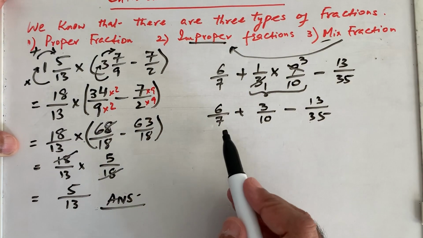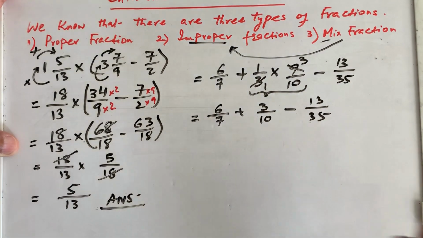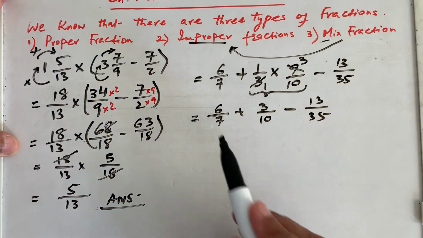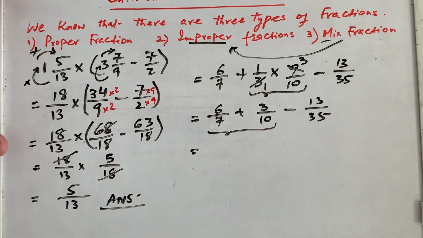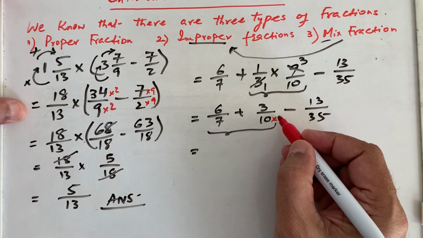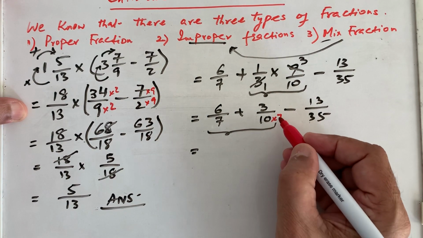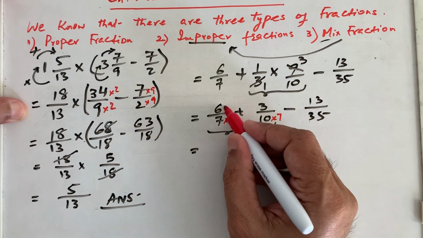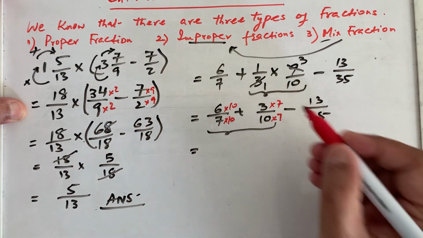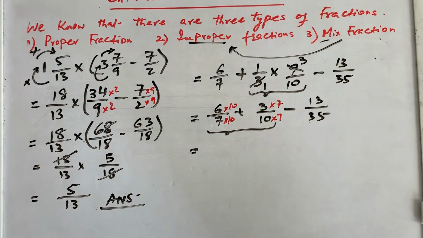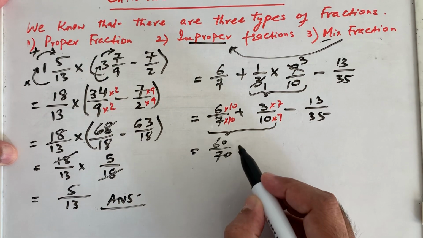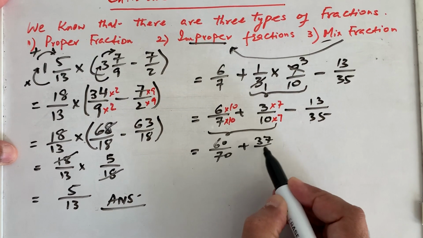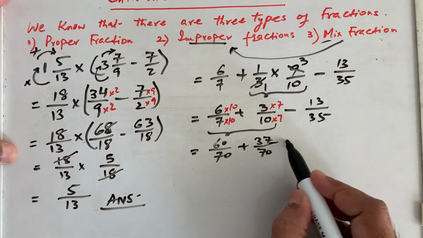Now what do we have to do? The addition or subtraction, whichever comes first. So this one is coming first, so we have to see how to tackle it. And we know that this is 10 and this is 7, so we can make it 70. So we multiply by 10 and we multiply by 7, and then we can add these two fractions. So we have here 60 over 70, right, plus 37 over 70, right? And this fraction is the same,